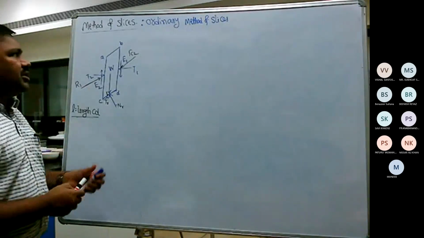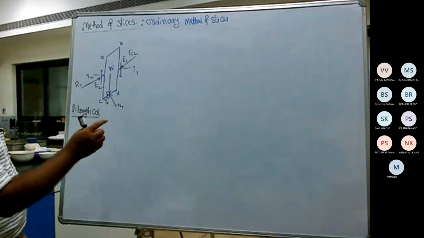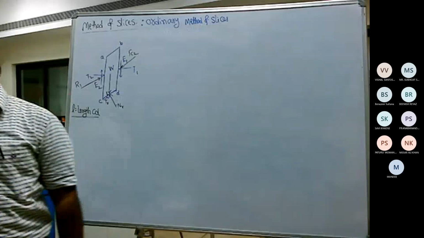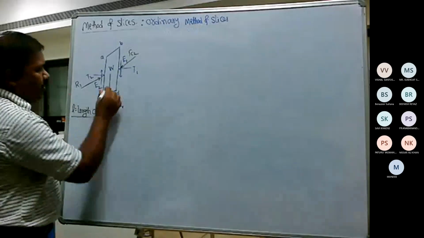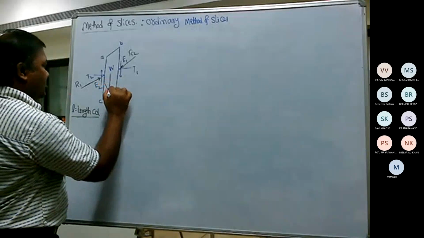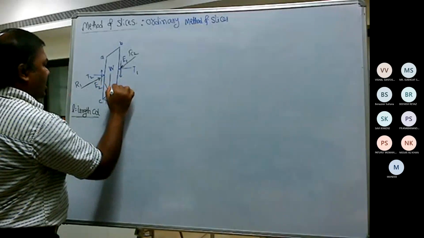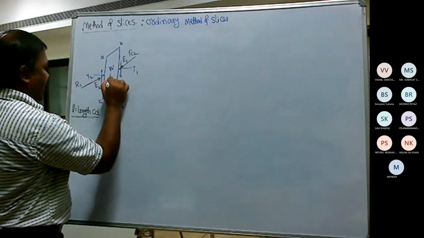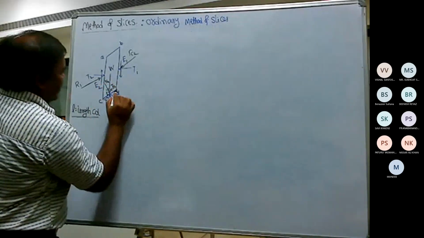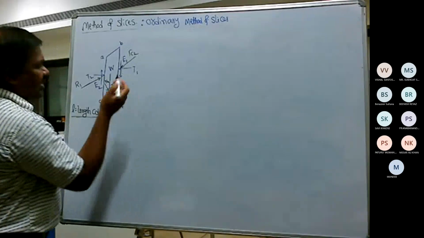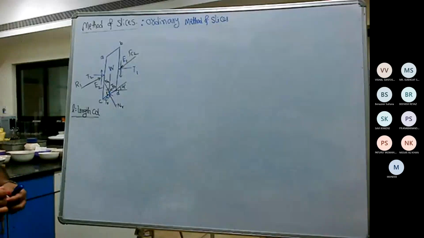So now initially I am considering the ordinary method of slices as per this method. So R1 and R2 will coincide, so they will not contribute for anything. Now suppose this is the W, this is the W. So this also acts two forces, that is TA and NA. TA and NA. So this is your alpha, or theta, whatever you take, it doesn't matter. Alpha or theta.